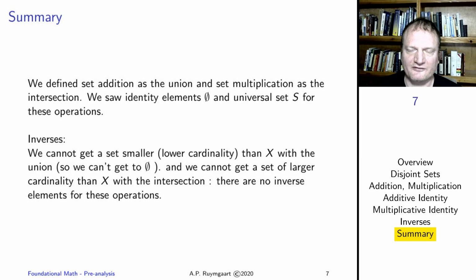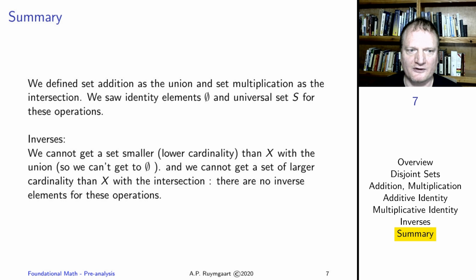So let's summarize real quick what we covered here. We defined set addition as the union and set multiplication as an alternative to the Cartesian product. We saw another way to do set multiplication as the intersection operation of sets. We saw identity elements, the empty set and universal set for those operations respectively. And we also saw that there were no inverse elements